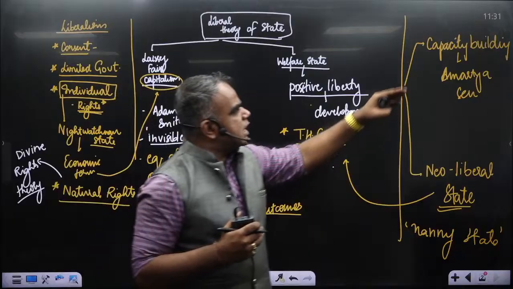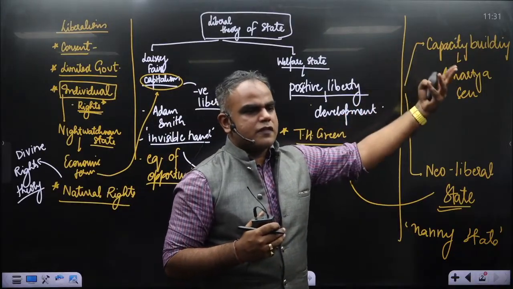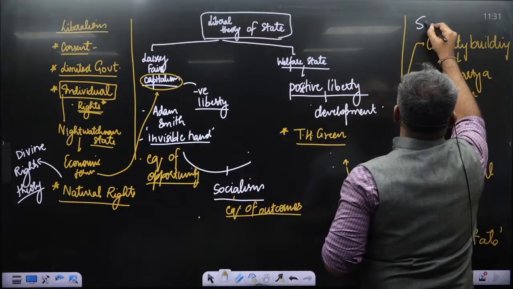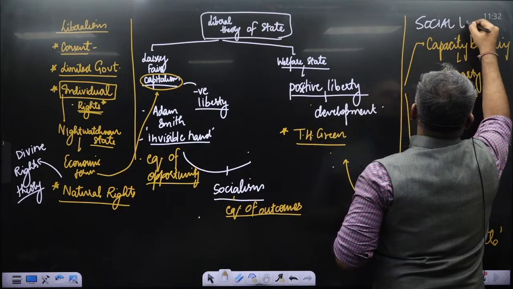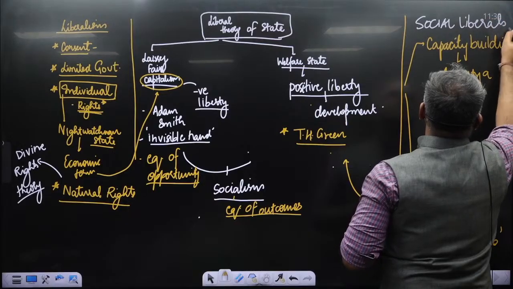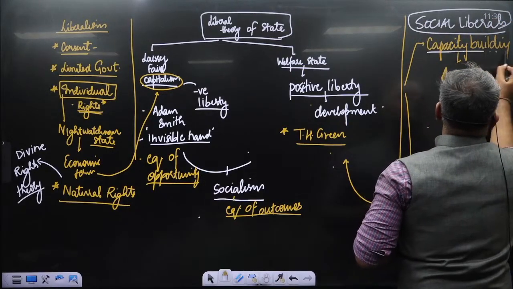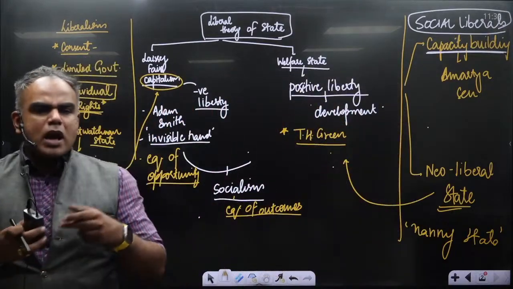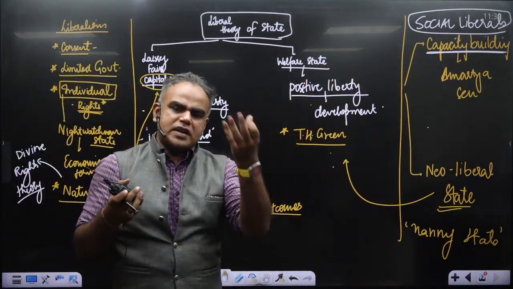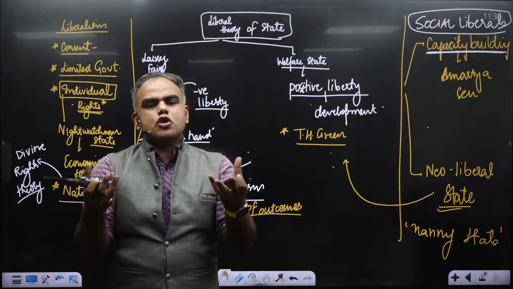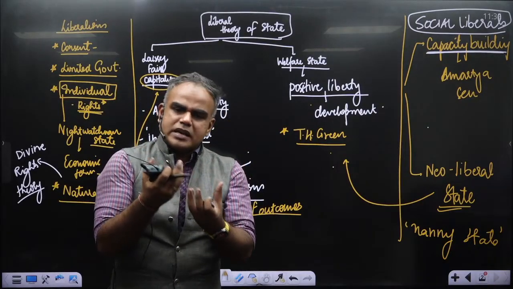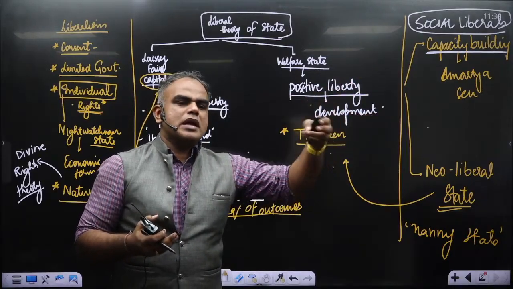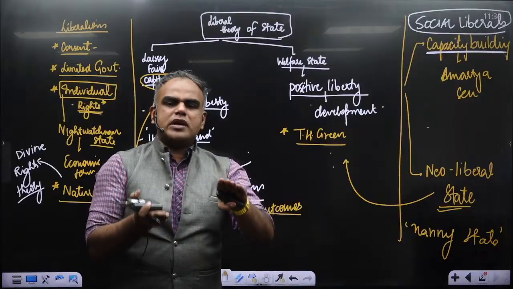At the same time, you would also have the theory of social liberals. I should have written social liberals here. One of them, for example, is Amartya Sen, where you have a capacity building approach. So these are the social liberals. They will also talk about how the welfare state should also be there, but at the same time you should also mix in some elements of capitalism. How? Through capacity building. This is how you can eradicate poverty and also ensure development.